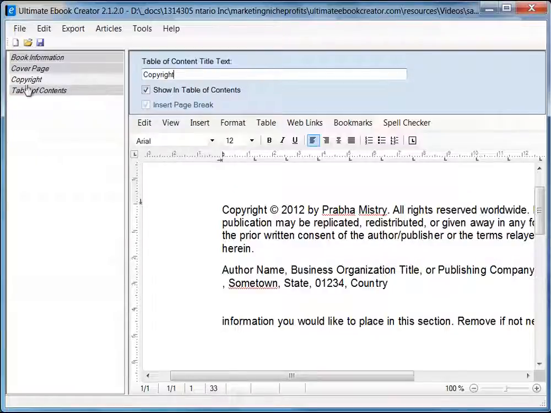So this is what will show up in the table of contents, and you can also hide this page from the table of contents by unchecking this. Alright, so we'll just call it title page like we did before. Okay, and we'll come back to the table of contents, but for now let's move on to actually creating the